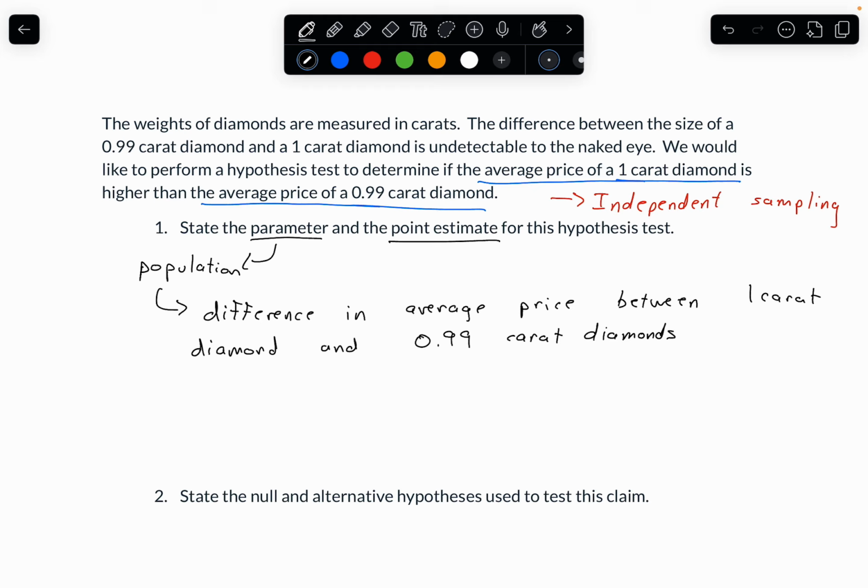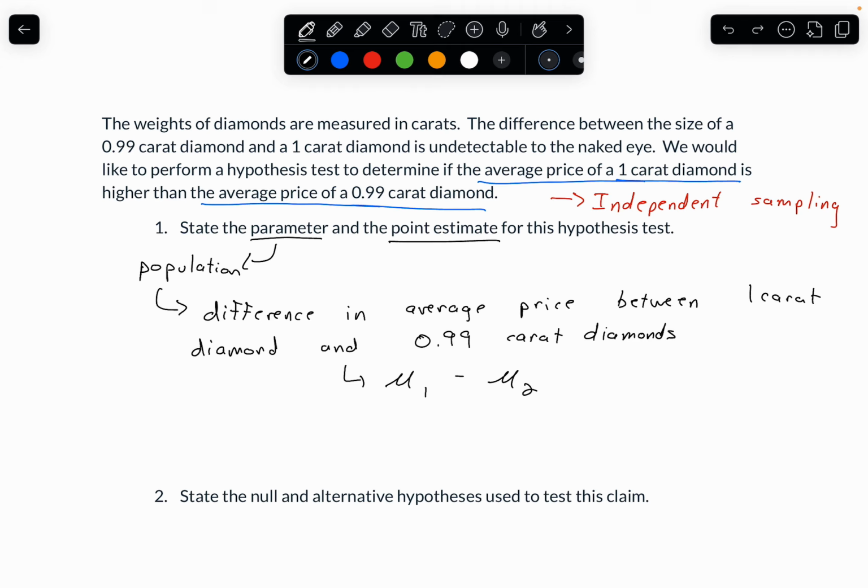It's not very nice to work with within formulas. So in this case, we're going to be looking at the population means. We're going to be looking at the difference between our two population means. So in general, the parameter that we're going to be looking at is the average difference between population 1 and population 2. So it's always mu sub 1 minus mu sub 2 is going to be our parameter. This is the thing that we know about our population. So we're looking at the average of population 1 and the average of population 2,